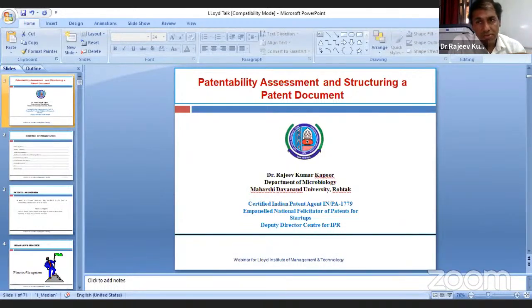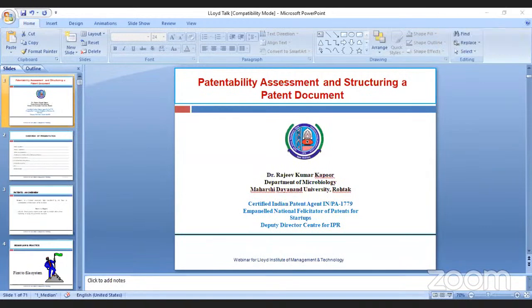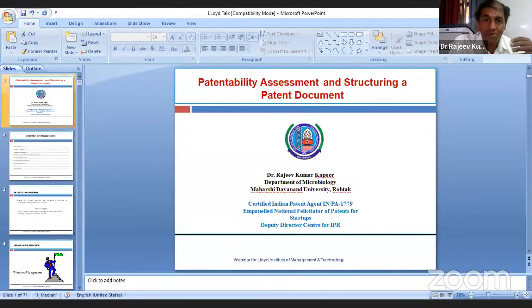So there are many examples of drugs which have turned the future of a company, of a country, of the inventors. So organizing such seminars where patents are discussed or IPR is discussed makes a lot of sense for the